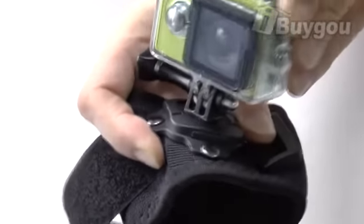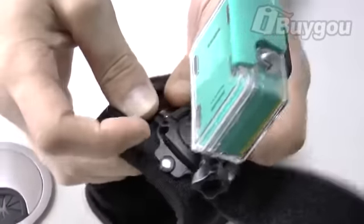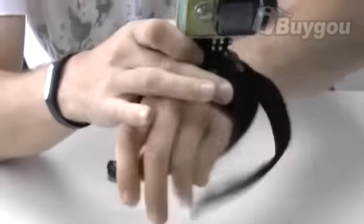So there's no give, no movement on that at all. And again, just on the other side, if you want to release that, just press the button in again and that moves it to the other side and it's free to spin around again. So if this was on your wrist,